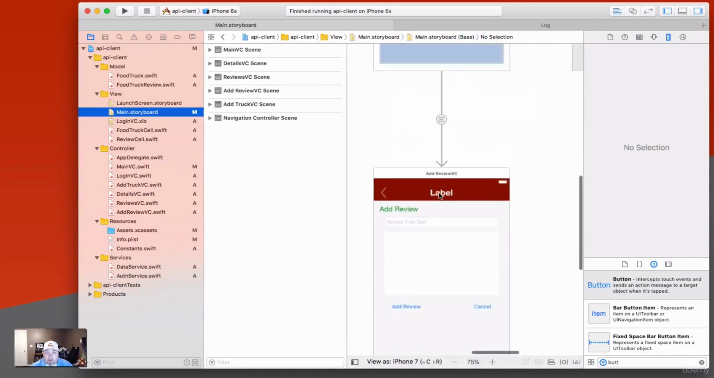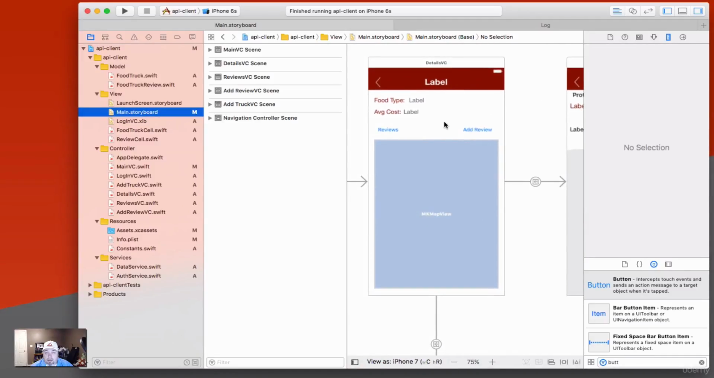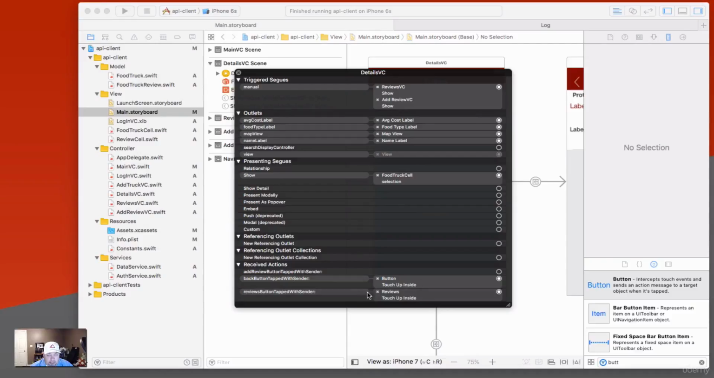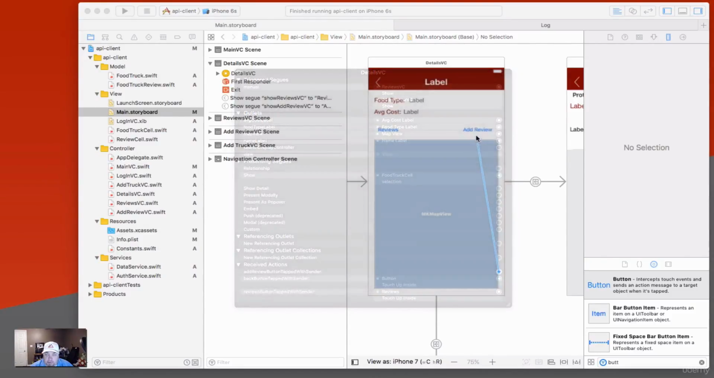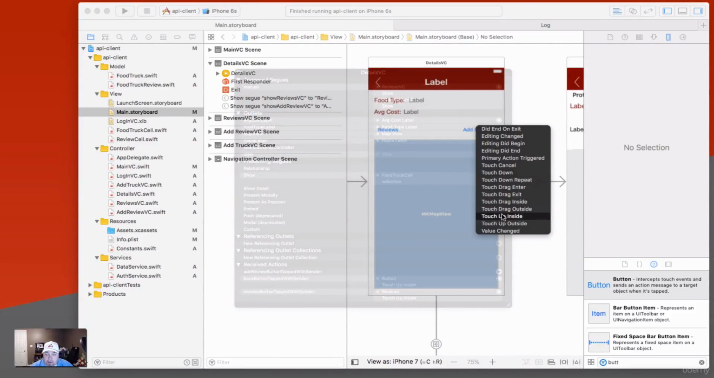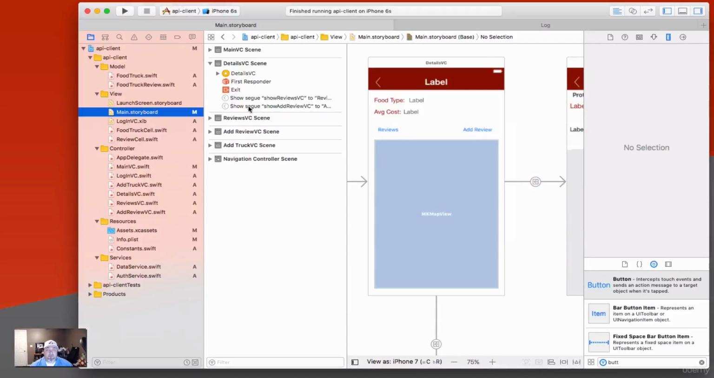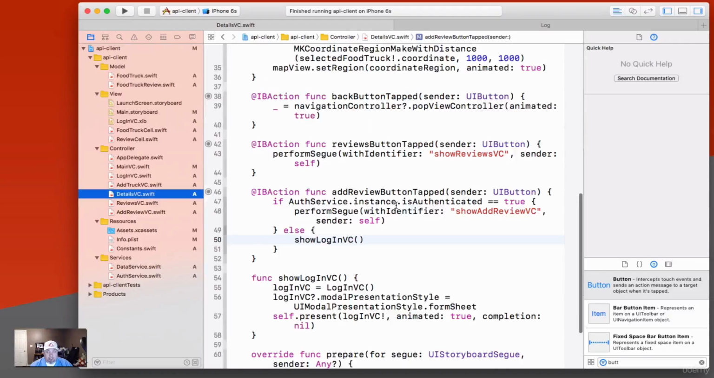So in our main storyboard, come back to our details VC here. And add review button tapped. We need to wire that up to touch up inside. All right. Now then,